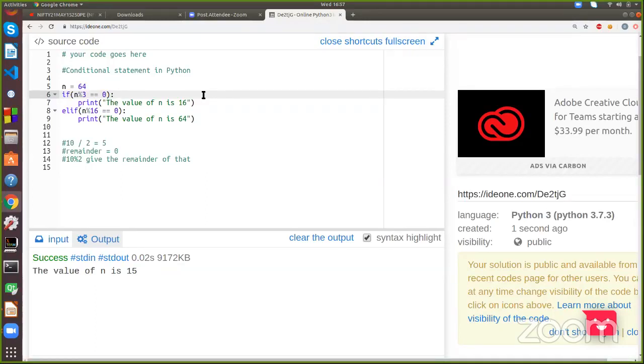If you haven't understood how to find the remainder, or how to use a conditional statement, just ask. Okay, and if you don't have any doubts, then it's good. It can't show 6. How will you get the result as 6, because we are not printing any value over here. We are printing the print statement.